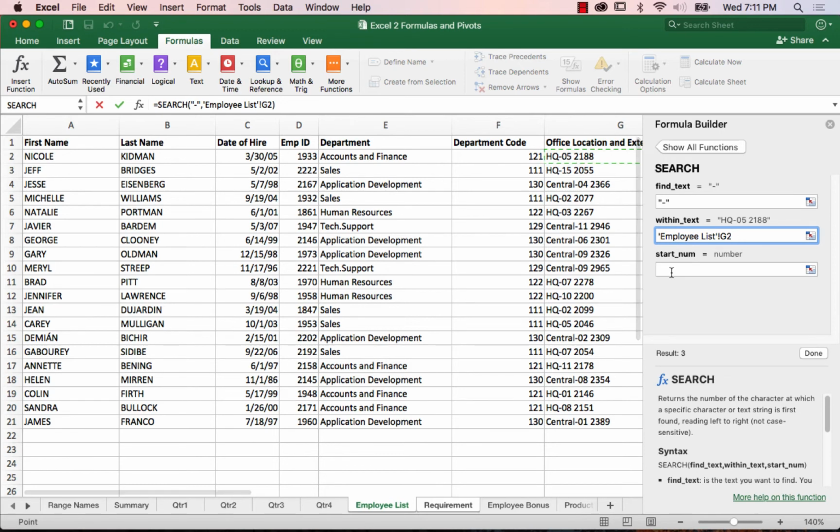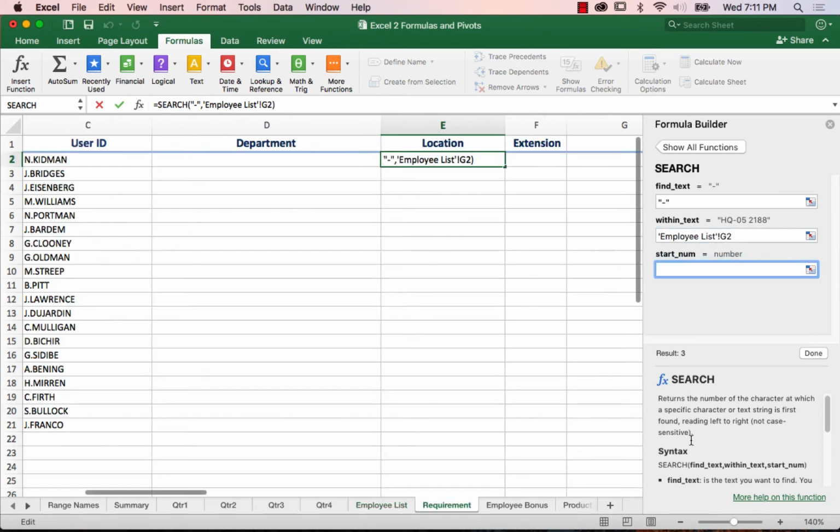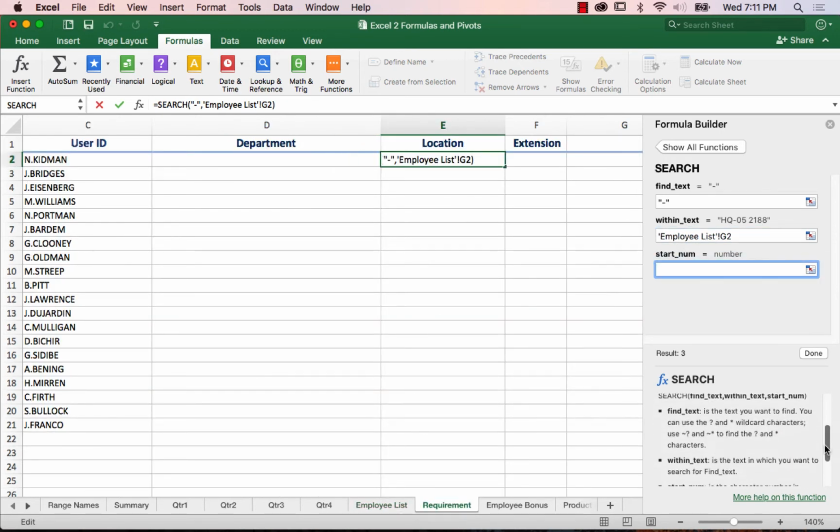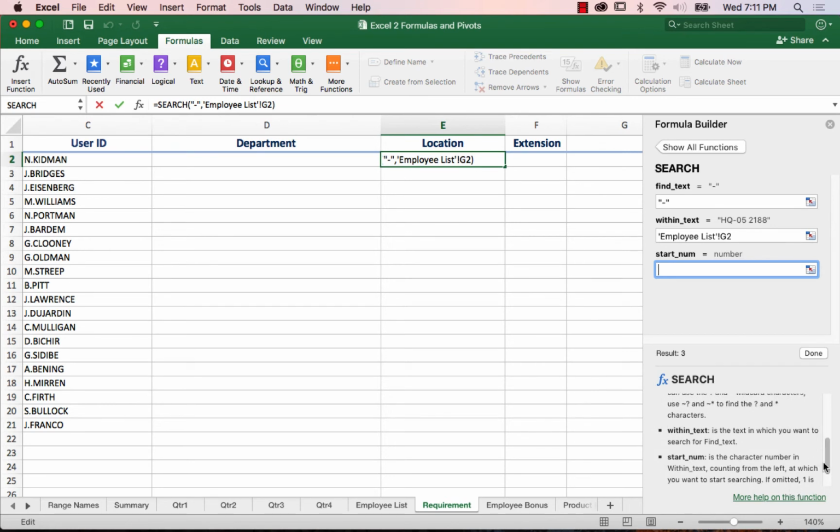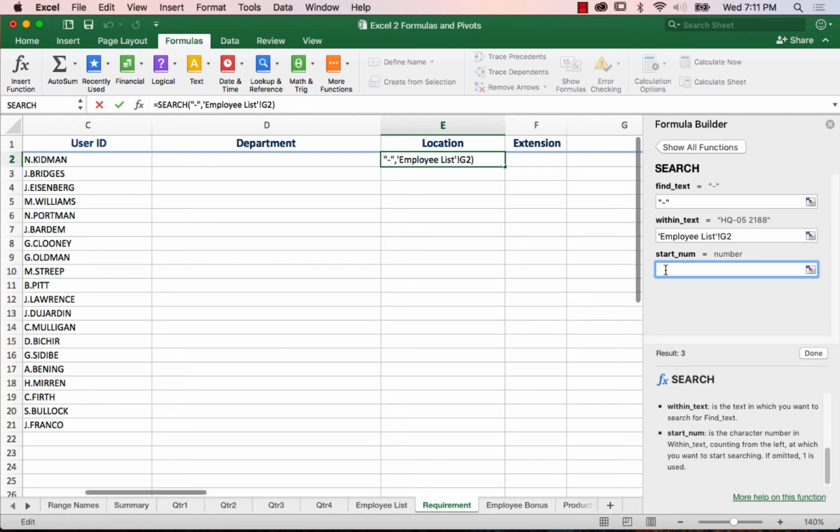Okay, and then the third piece is the start number. That's which character you want to start from. Okay. And notice, you guys, in this case, it tells me if omitted, it assumes 1. So for some of these fields, there's already a default. So strictly speaking, if I want to start from the first character, I don't need to type anything in here. It just always assumes you're going to start searching from the first character. But if you want to start searching from something other than the first character, you could type that number in there. So that's it. I'm going to go ahead and just press the Enter key,